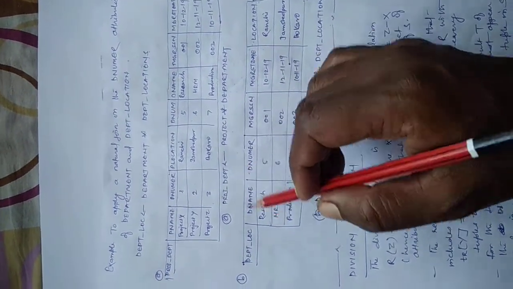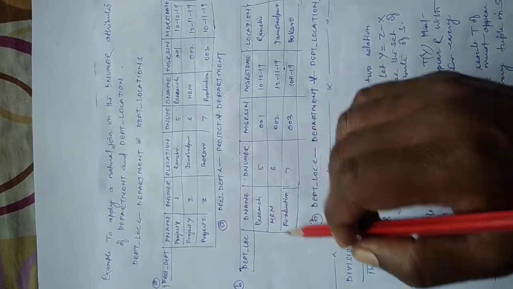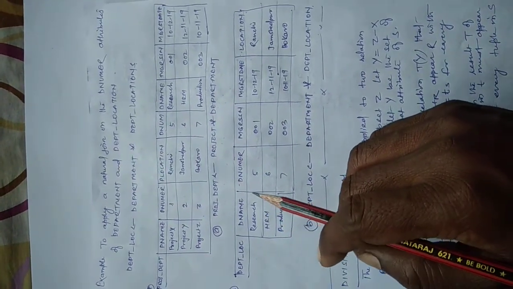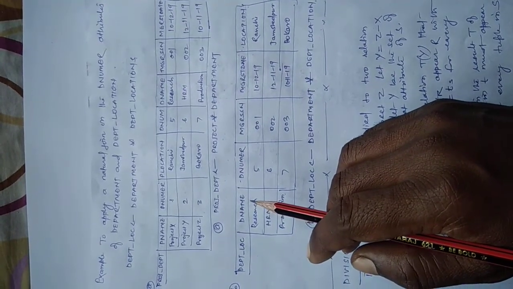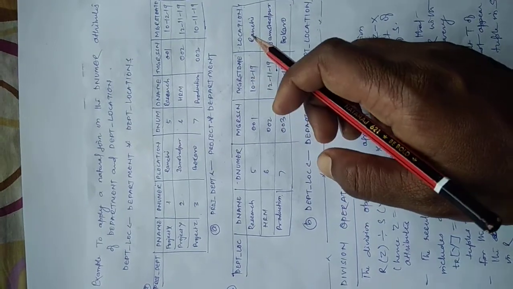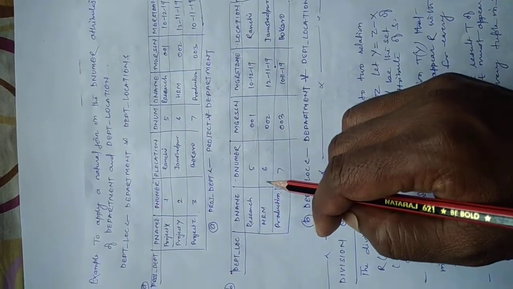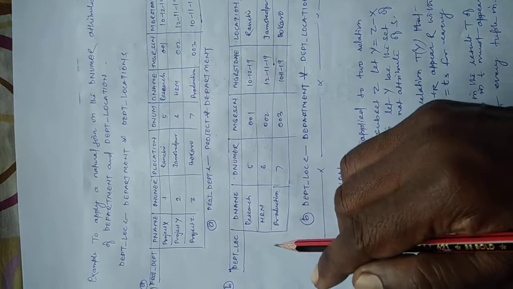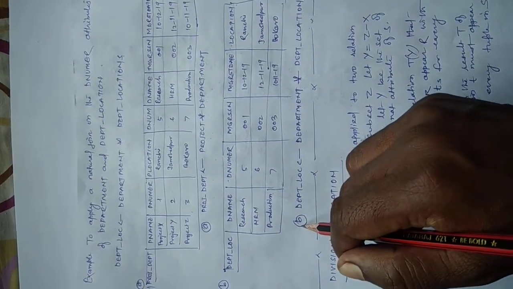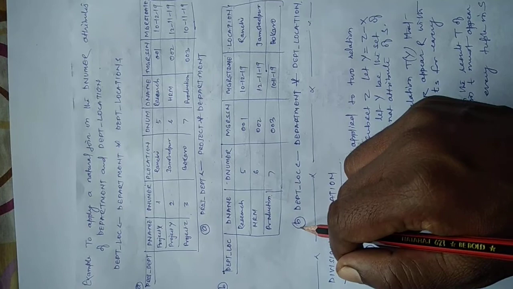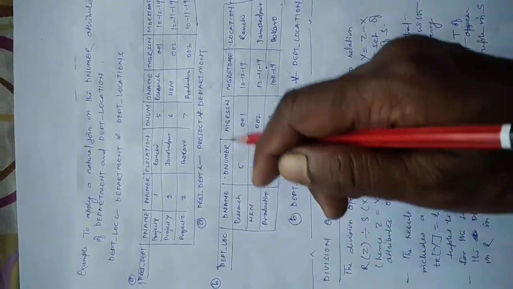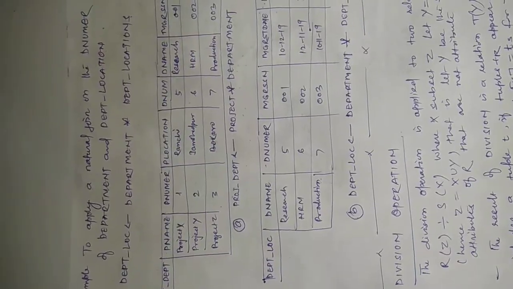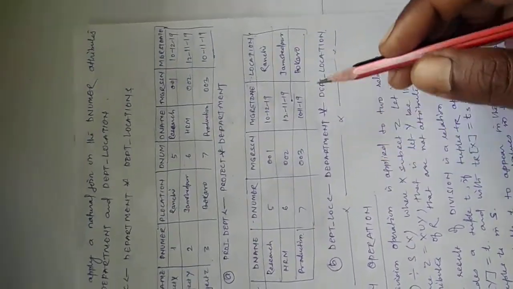You can find this result after department locations. You can find how to find department locations: department name, D number, manager SSN, manager start date and location. You can find the department and department locations. It is the result in B. This result gives department and department locations. It is an example of natural join.